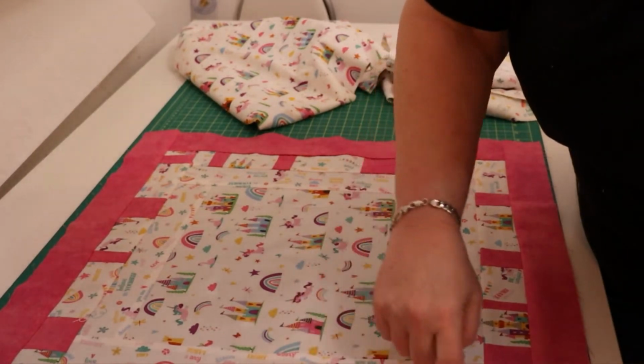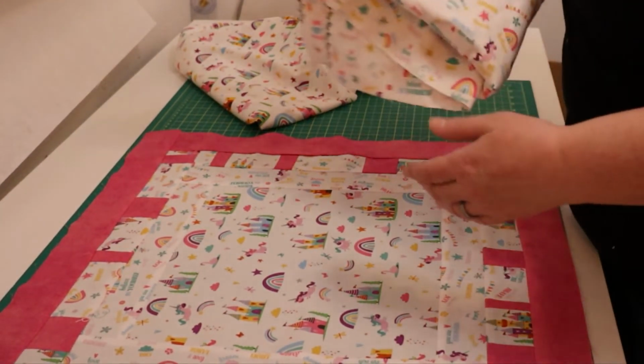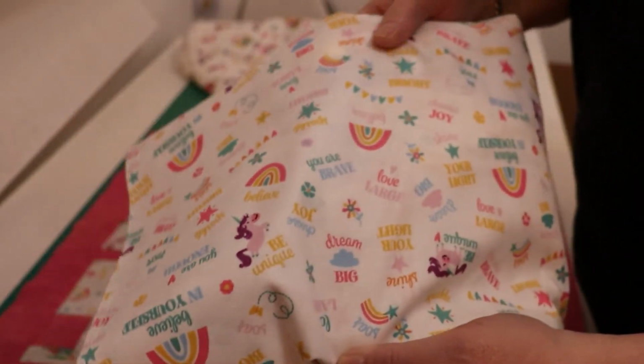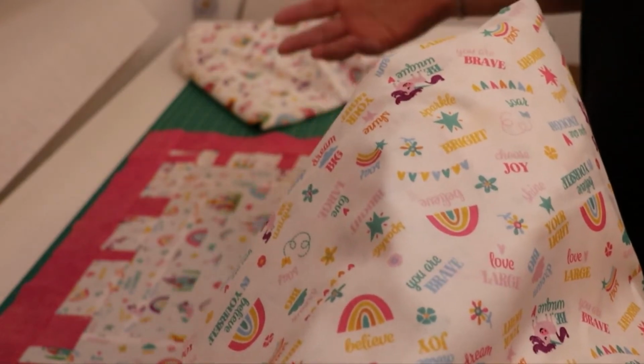This was going to be the backing. Let's just back up. This was going to be the backing. This was what Lisa had picked as the backing fabric, but as the project went on, she decided, she came